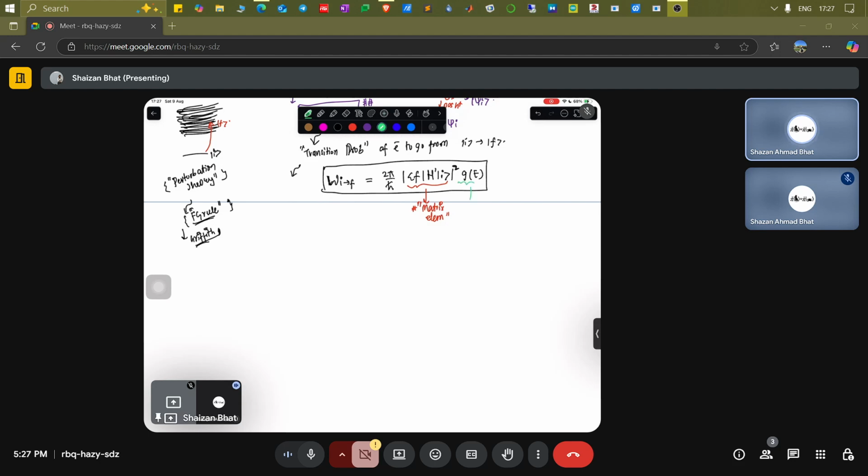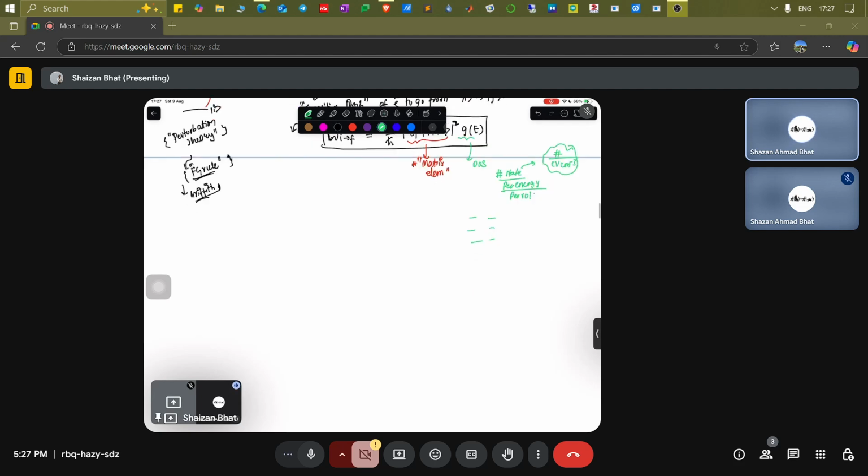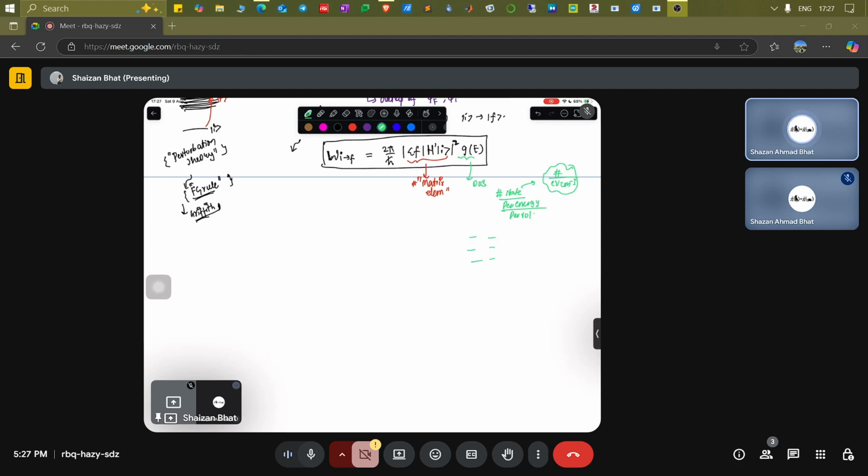And this is something which you are familiar with, which is density of states, which is basically number of states per unit energy, per unit volume. That is why the density of states has unit number per electron volt per centimeter cube. So this is basically the density of states. It's just like how many seats are available for the electrons to occupy. Okay, so you are familiar with it.